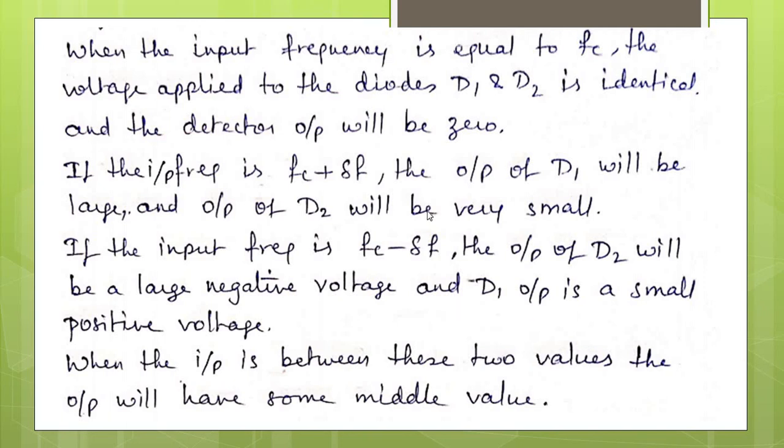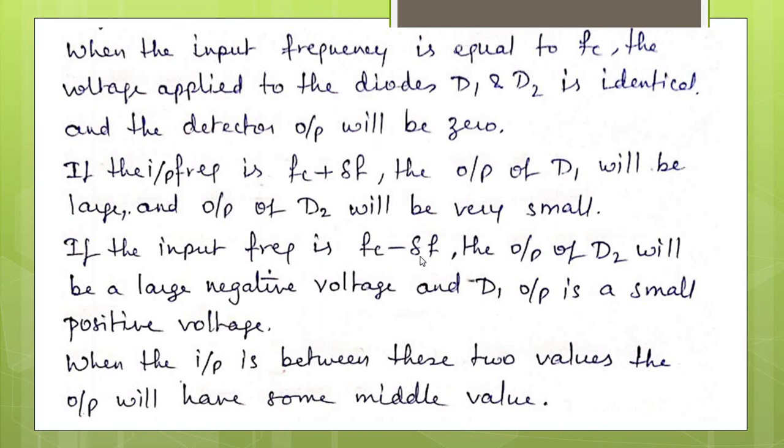So in the second case, the final output of the balanced detector will be a positive voltage. In the third case, the output of the balanced detector will be a negative voltage,